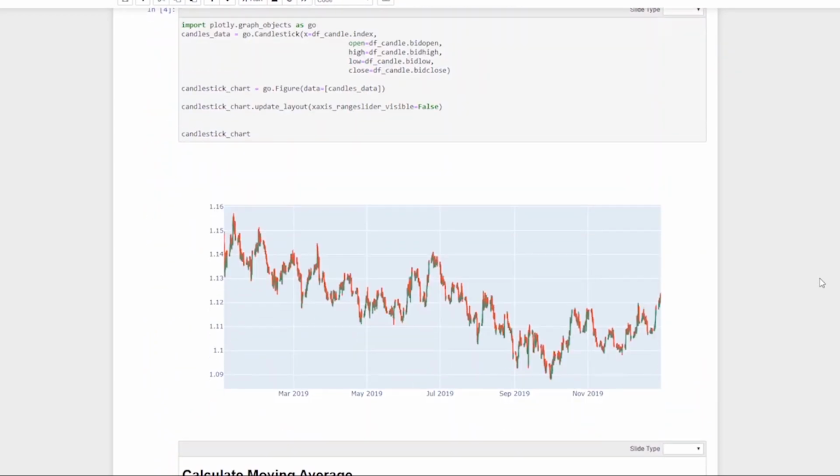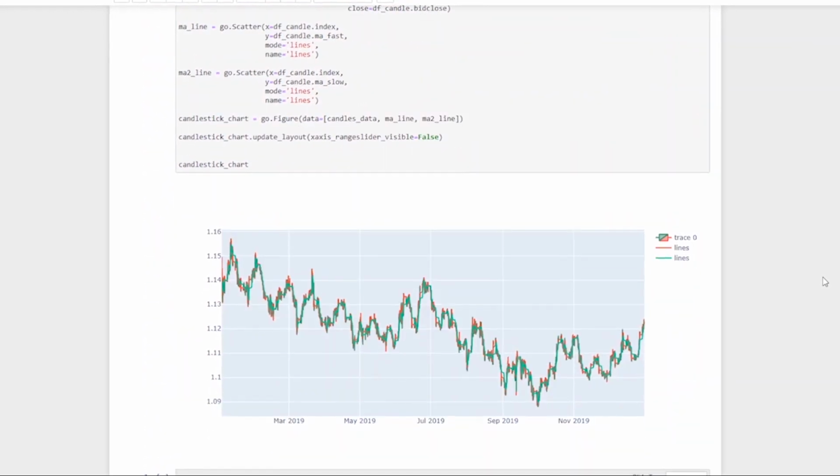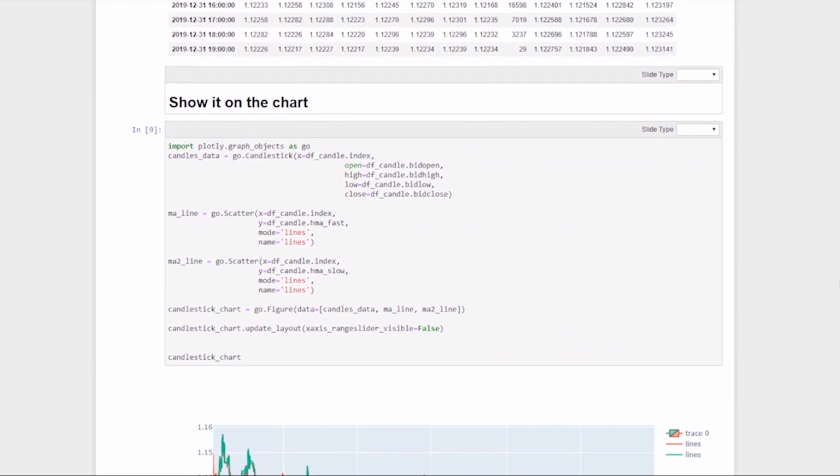Okay guys, so this is the whole notebook we are going to go through today, and if you would like